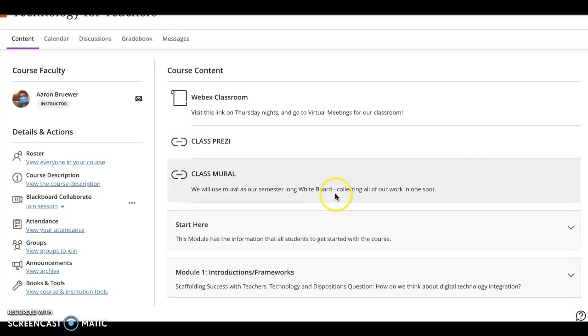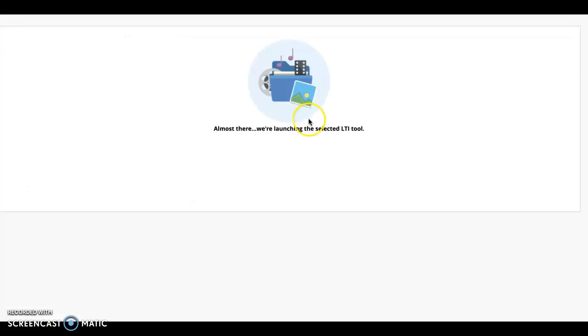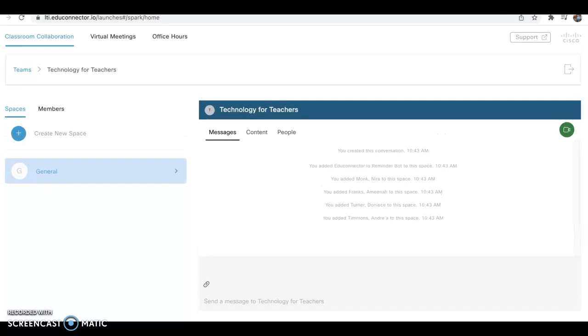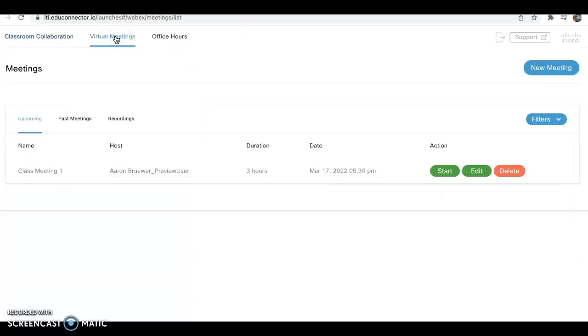So here is what the Blackboard should look like to you. You can see everybody in the course, you can look at the course description, but what we're concerned about is over here. So this is where our WebEx Classroom is. You'll click on this link and it will take you to our WebEx Classroom. And at the top, when you get there, it says Virtual Meetings. You'll open the Virtual Meetings and you'll find that class meeting. And you'll be able to click on that and visit the class meeting and join us on Thursday nights at